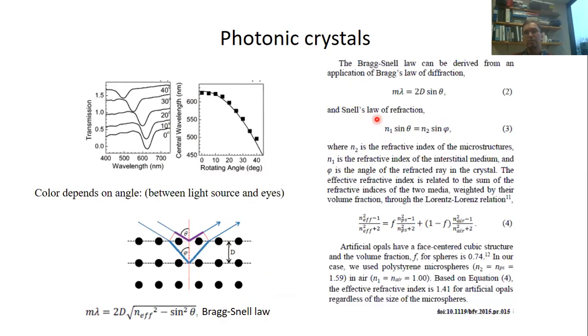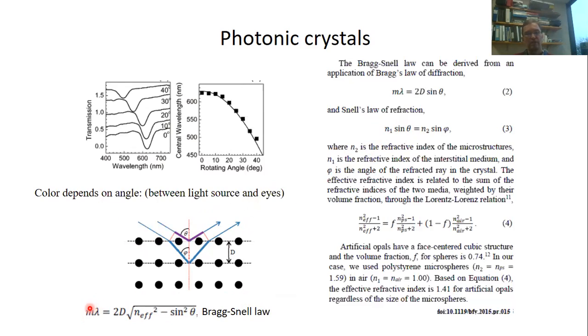So you see that the refraction depends on the refraction indices of the two media involved. So n1 can be, for example, the refractive index of air, and n2 can be the refraction index of your actual medium. Okay, so now we can combine these two laws to the Bragg-Snell law defining then the refraction condition for your